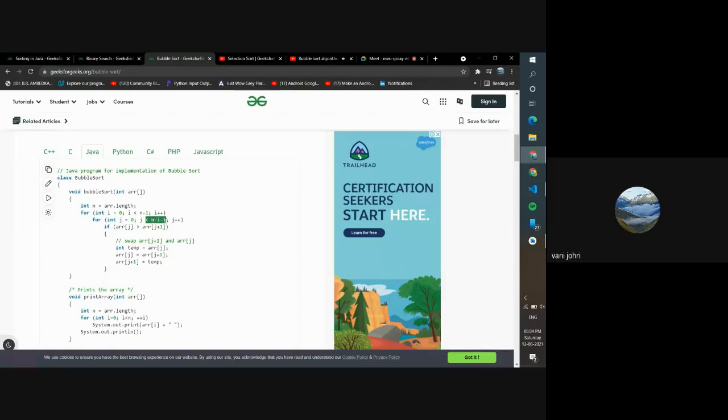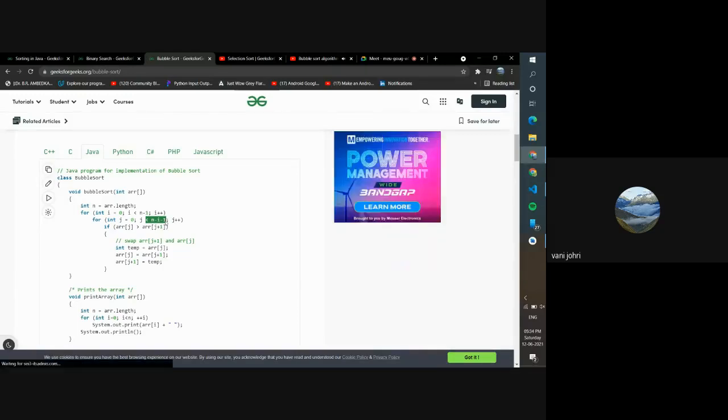Why? Because once the whole loop has gone, the element at the end of the array is already the largest element now. So you do not need to compare for that one. So you do n minus i minus 1. The first time i is 0, so n minus 0 minus 1 is going to be n minus 1. Next time is going to be n minus 2. Then it's going to be n minus 3,